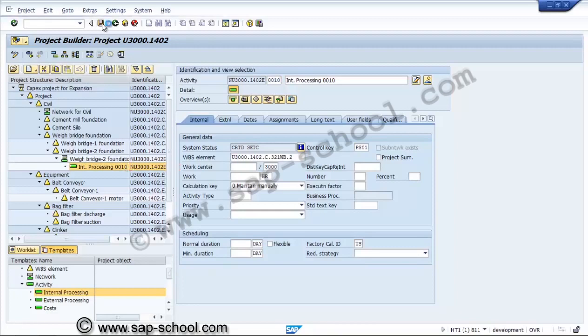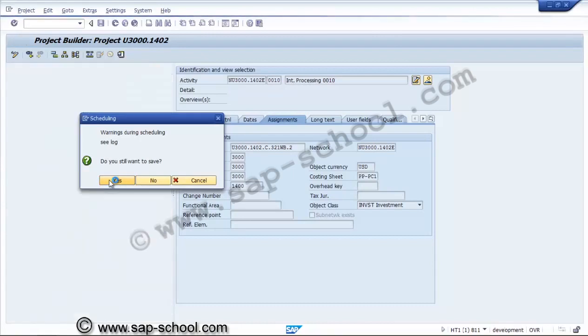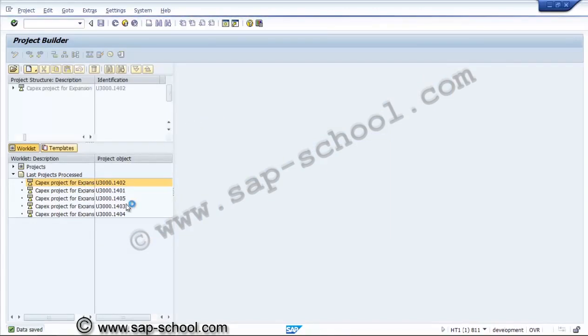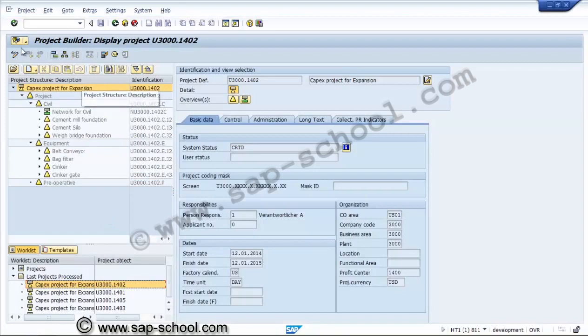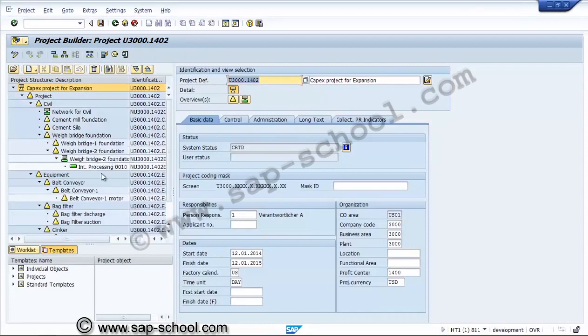So this is one more advantage we have in the project builder. Without creating the network header, when we are creating an activity, the system automatically creates a network header also by assigning the same network. Here we can reassign the WBS element for a network if required.